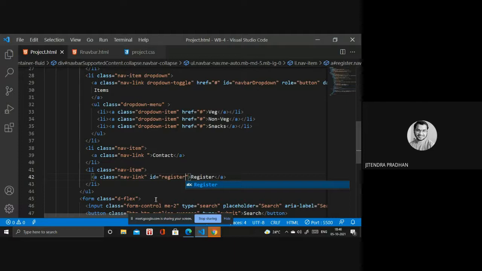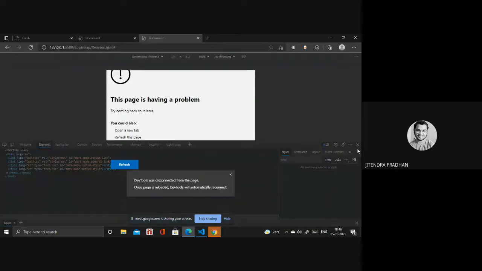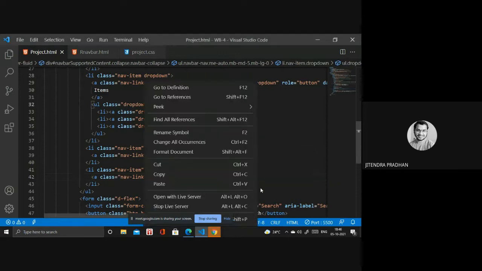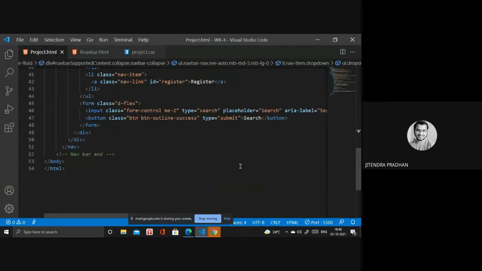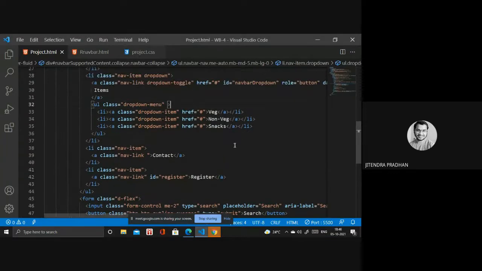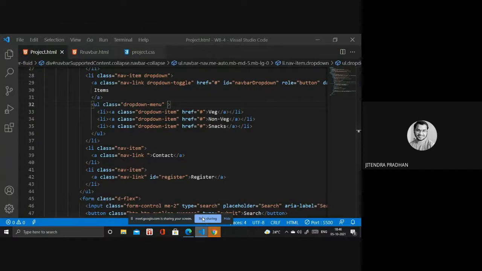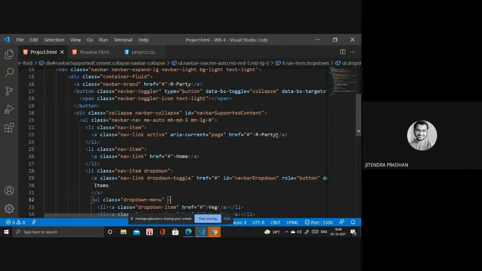Okay, done. Open that part in the project. Yeah, so we are done with all the part, I think. Let's see how it looks. Party. Okay, I need to change that part. It's my blog.